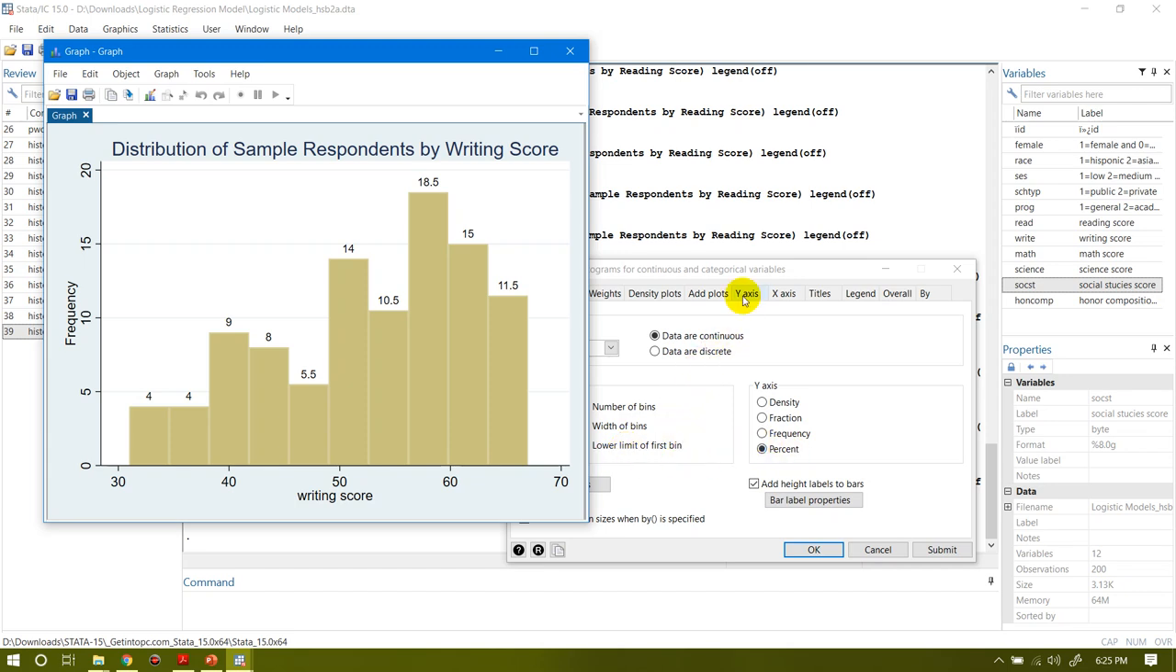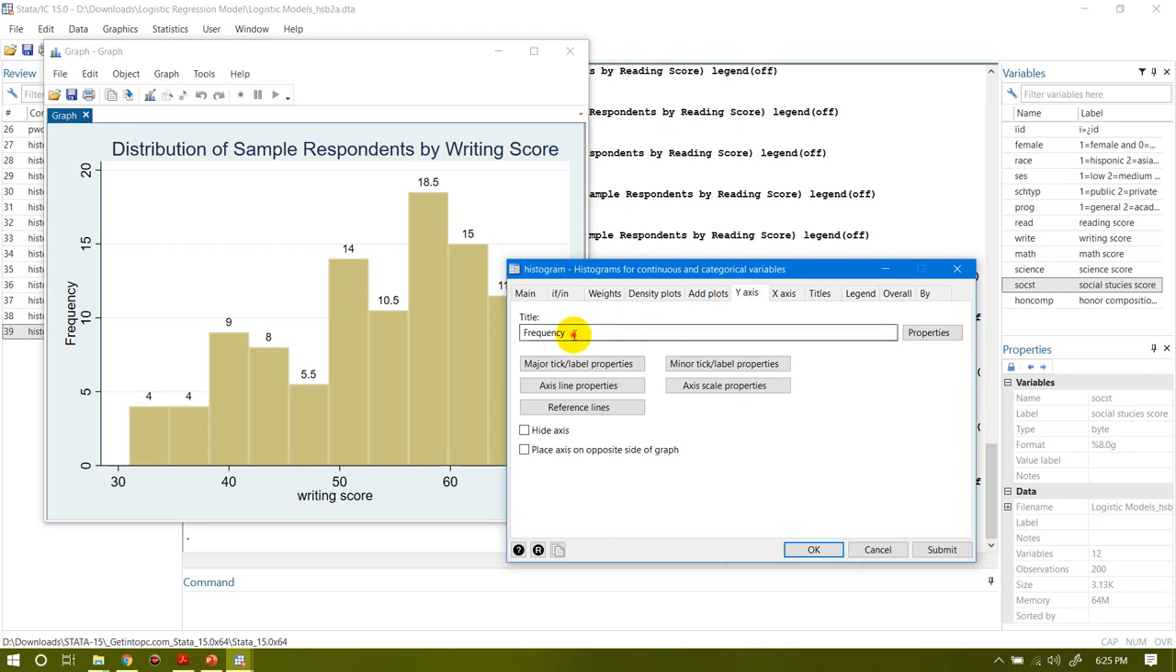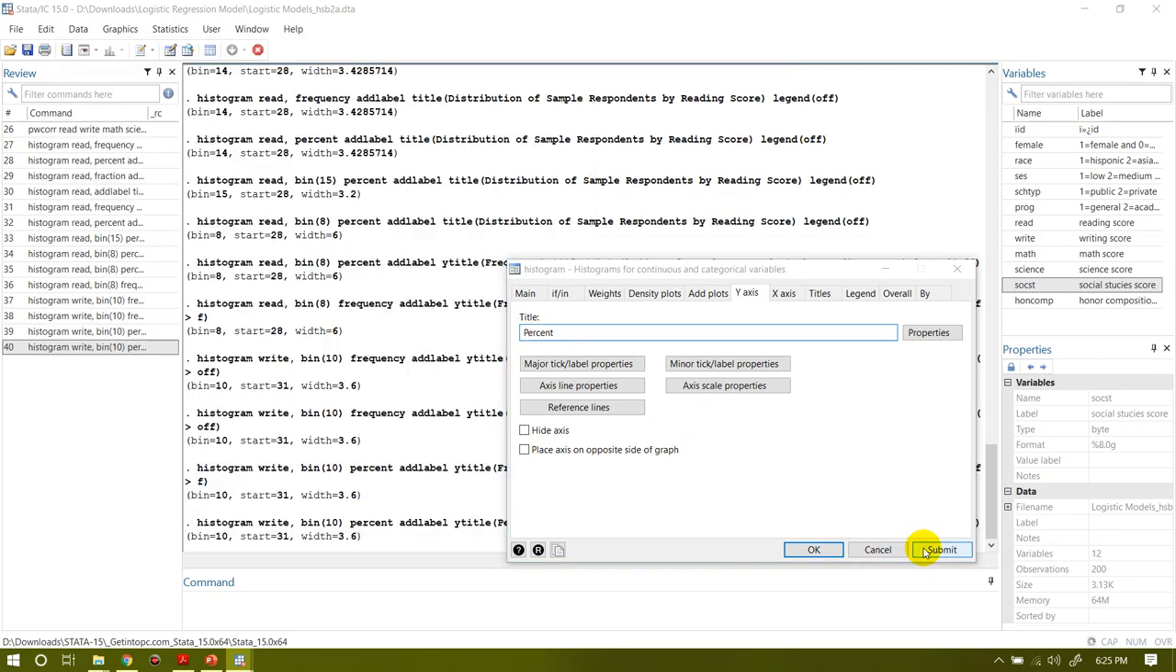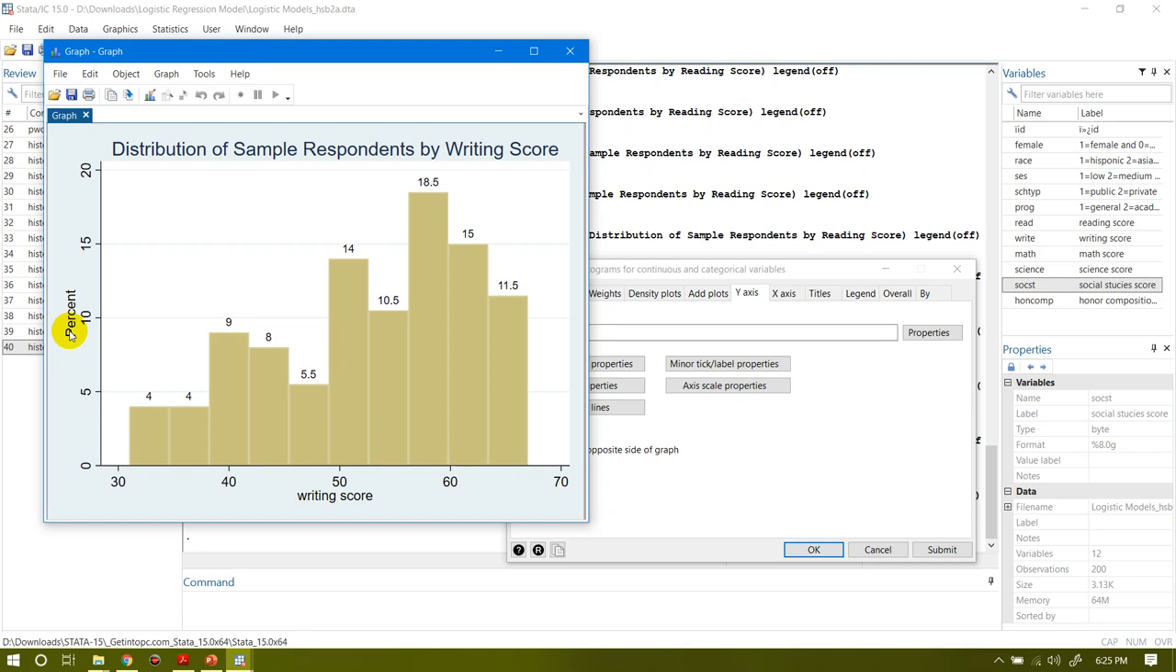And I can also change now the y-axis, instead of frequency I will write percent, so that the y-axis will change from frequency to percent. So here we can change frequency into percent. These are percentages. Similarly, we can go back and change these